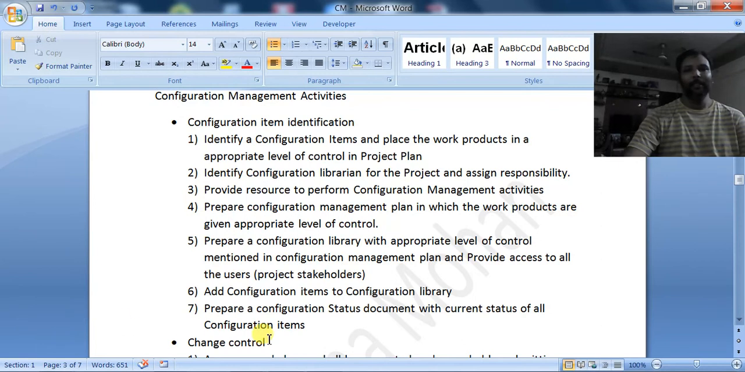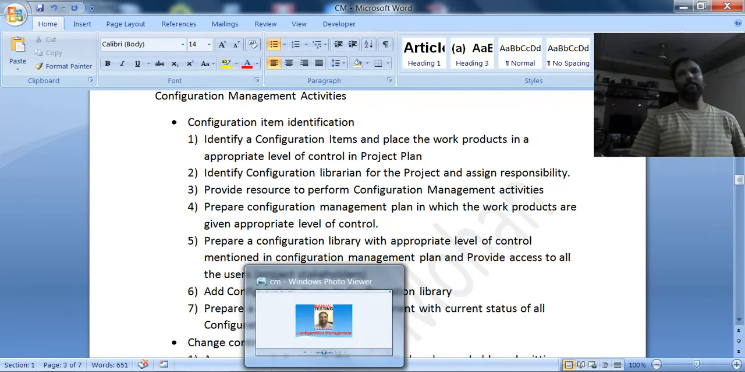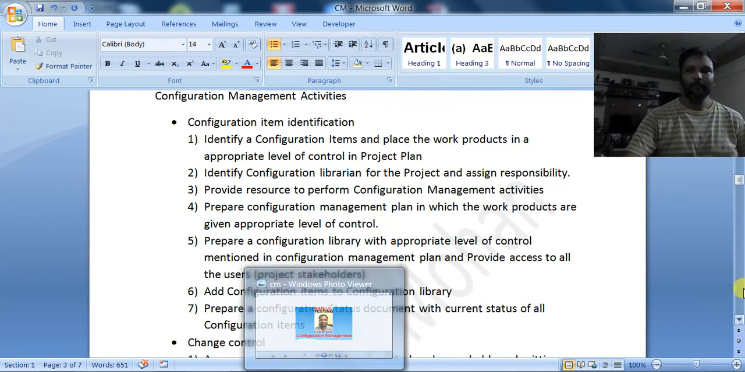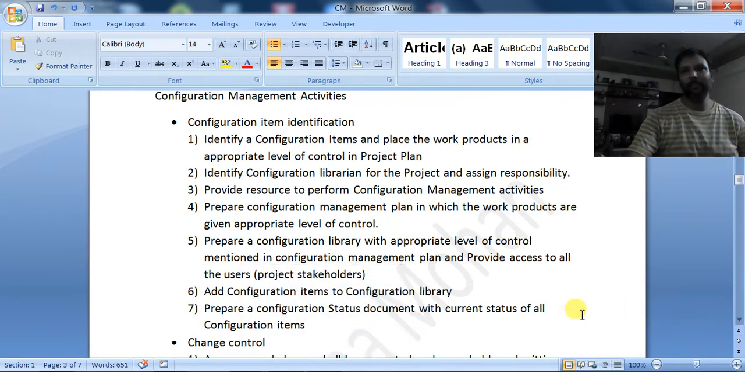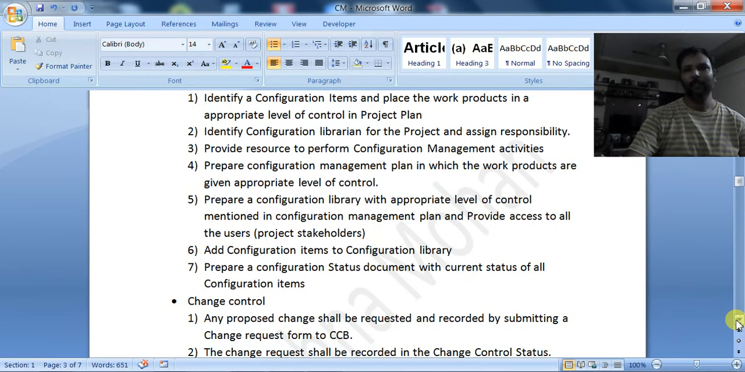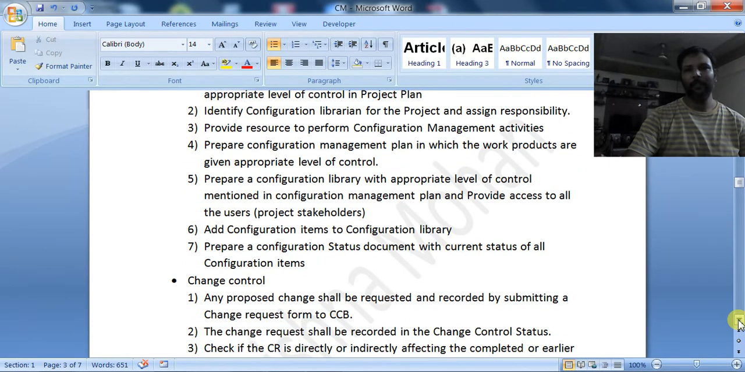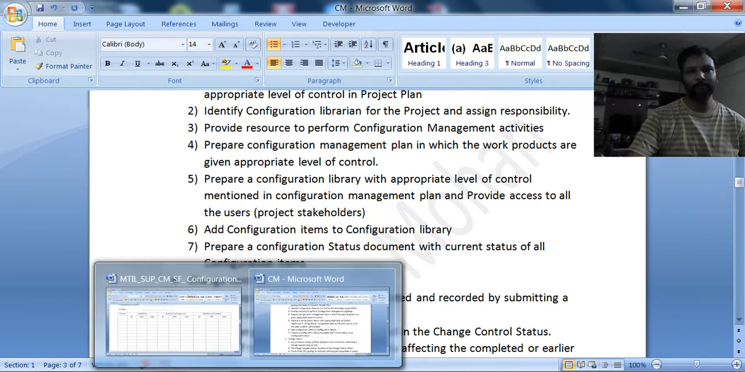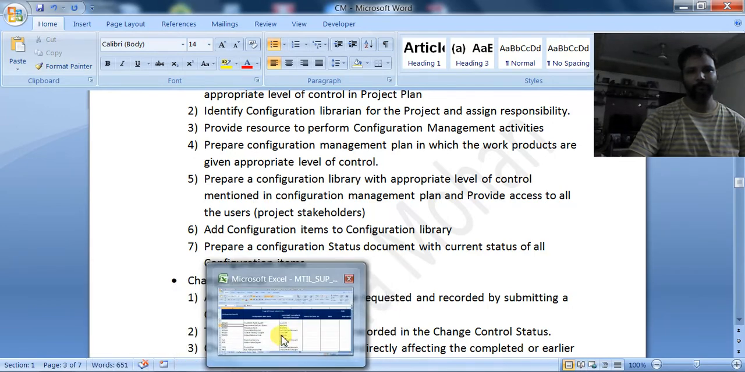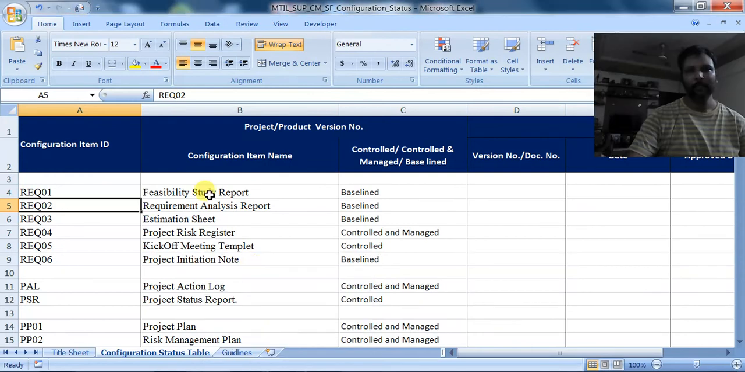And we have to maintain the configuration status report also, or a configuration register. In some companies they will be maintaining the configuration register, and in that only the status will be there. I will be showing you the status report also. See here,